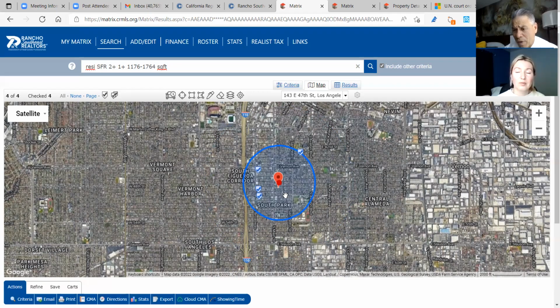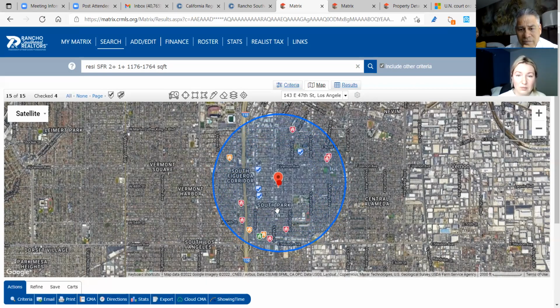So right now, this is where we're at. Okay, actually, I like this. I'm going to stick to this. Because see, if I expand, $585, $640. If I expand, I'm getting pendings. I got 2 pendings, $489 and $510. This is the only active property for sale. $510, $550, $585,